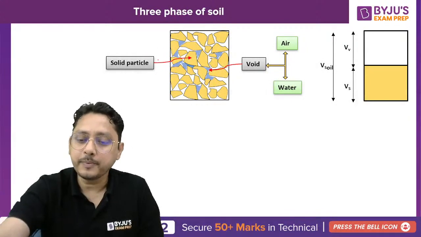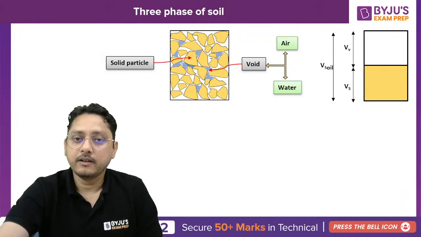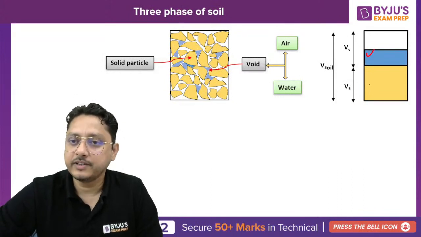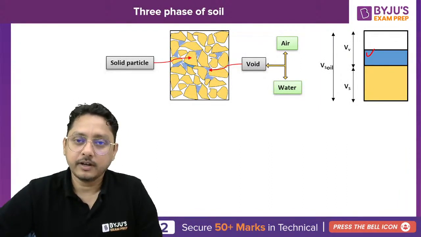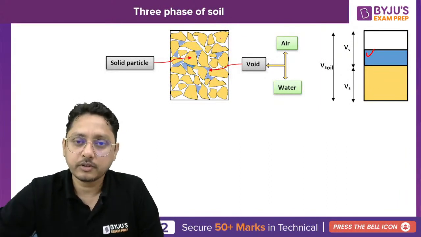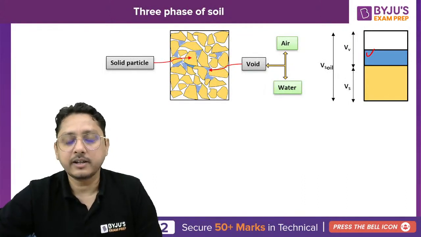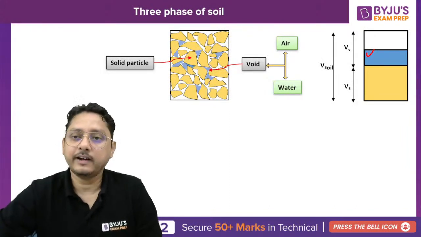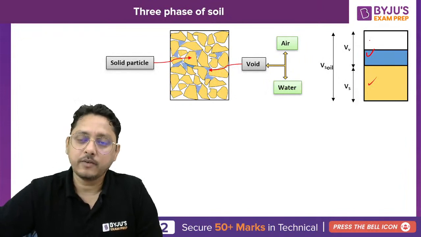Now if you want to represent it in your system, then some portion here, on the right side, is filled with water, that's all. This we call the three-phase system. So any mass of soil is a mixture of constituents like solid particles and voids, and the void may contain either air or water. The mixture of all these three we call the three-phase system, where you have solid particles, water, and air.